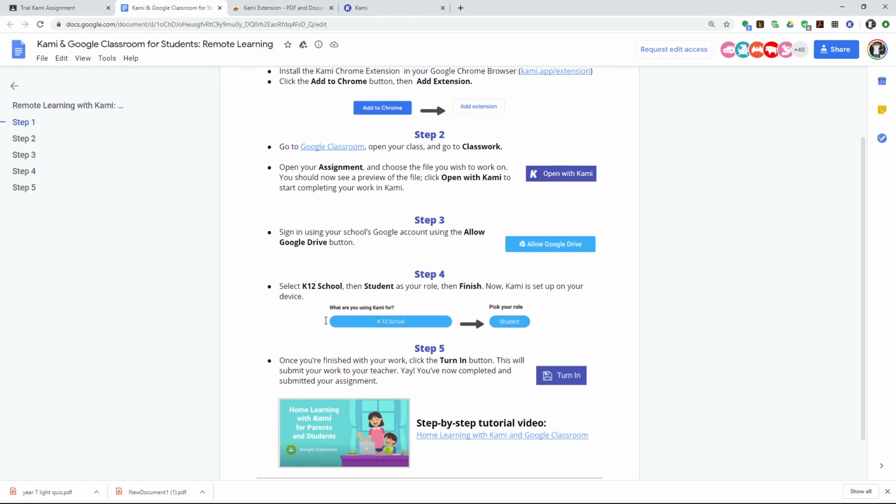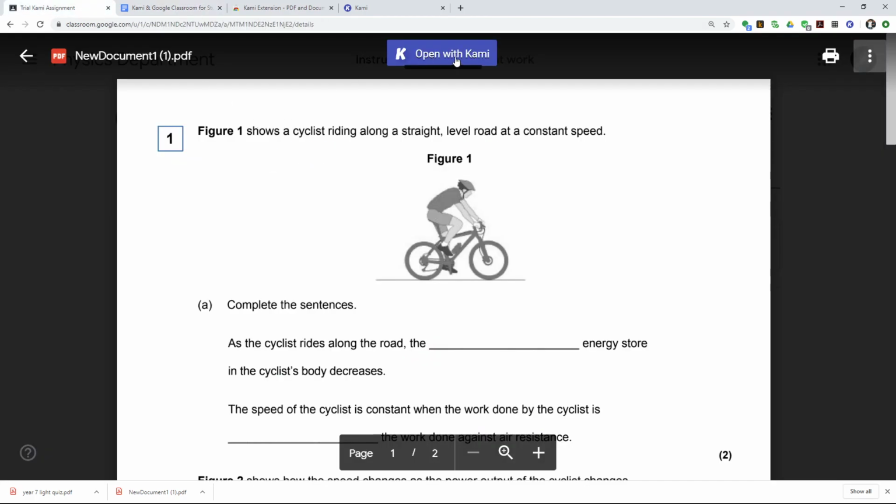Once you're also there, you'll then have to say what are you using Kami for. In this, you've got to identify the type of school we're in, and we are, as far as Kami is concerned, a K-12 school. We're not a university, we're not further education, we're a school. So you choose K-12 school, and then you pick your role, student. Now you should be in the actual file, and you should be able to edit it, as I'm about to show you. So now if we go here, open with Kami,